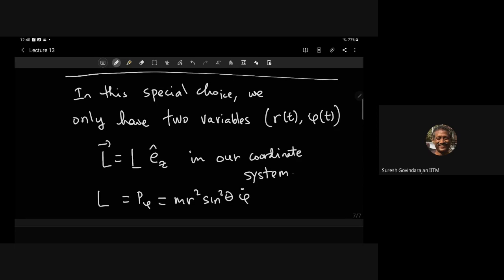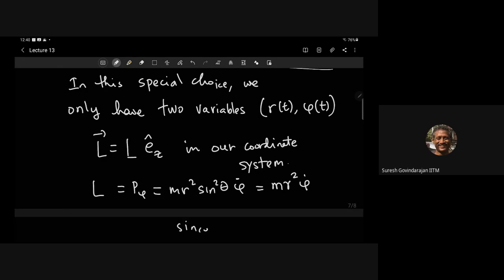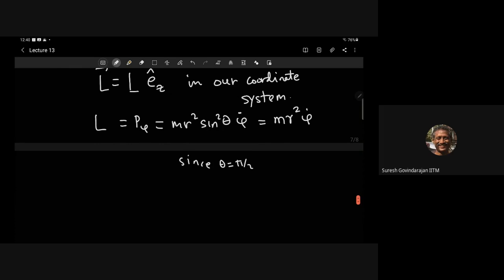But what is sine pi by 2? It's 1. So this is equal to m r square phi dot. So phi dot becomes